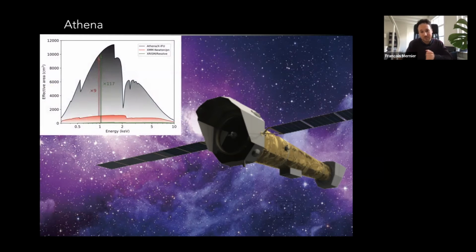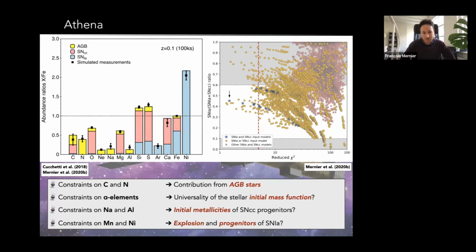And the reason is that, of course, it has the Xi-Fu, which has a spectral resolution, which is even better than XRISM. But also, well, as you all know, of course, we have 2 orders of magnitude better effective area than XRISM, and 1 order of magnitude better than XMM-Newton, which makes it the perfect mission to explore higher redshifts. I will come to that in a moment, but first I just would like to emphasize here the fact that what you can also do with Athena is just look at nearby clusters, and you will be able to constrain many more elements, and also at